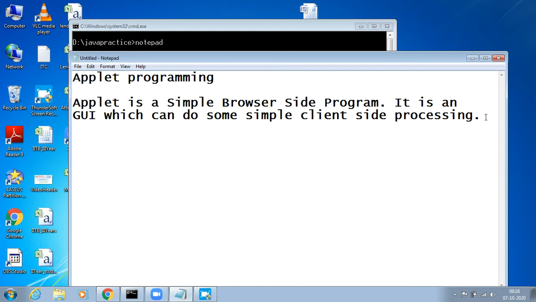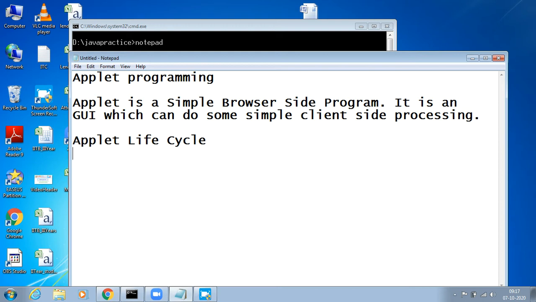Okay, and coming to the next thing, which is very important: the applet lifecycle. I'm going from an examination point of view, and moreover I'll cover programs which are very basic, and I'll cover it very conceptually. Please listen properly. So, applet lifecycle. It is a lifecycle in which how an applet will do its processing, meaning how an applet will run and how an applet will be viewed. Like we have a thread lifecycle, the same way we have an applet lifecycle.